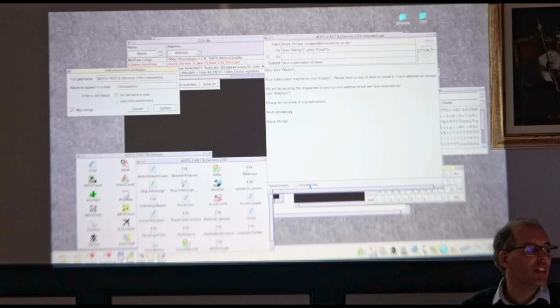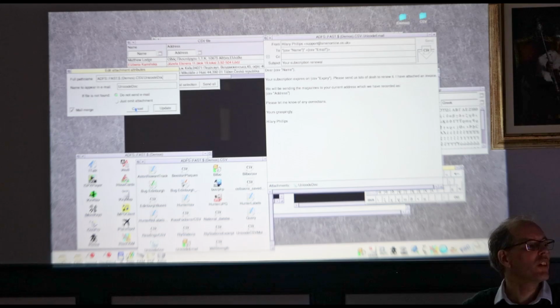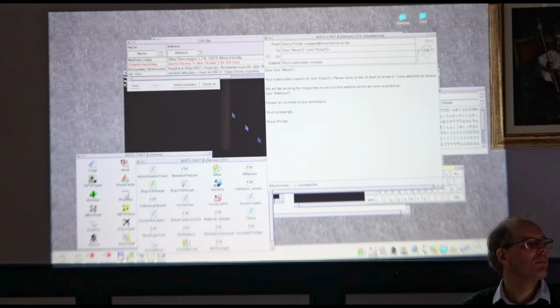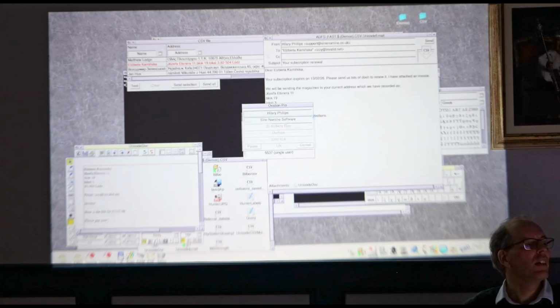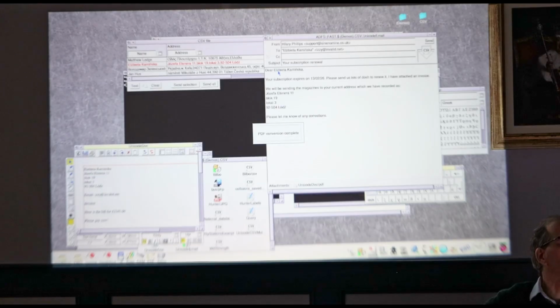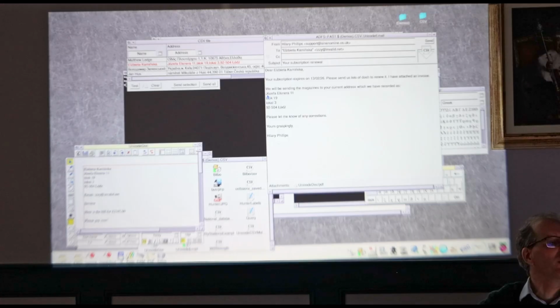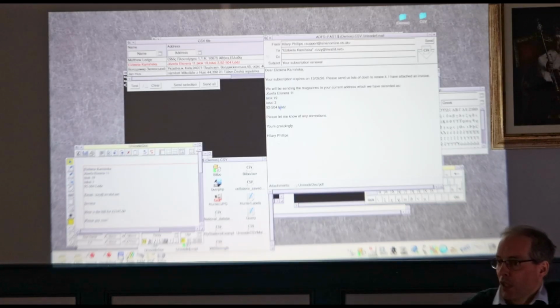So here we have an Ovation Pro document, and it's got merge commands in as well. So let's see what happens. If we click test, it pushes it through, and we see Dear Elizbieta Kaminska with all the correct accents, and there's the place name and so on. Now, Ovation Pro doesn't support